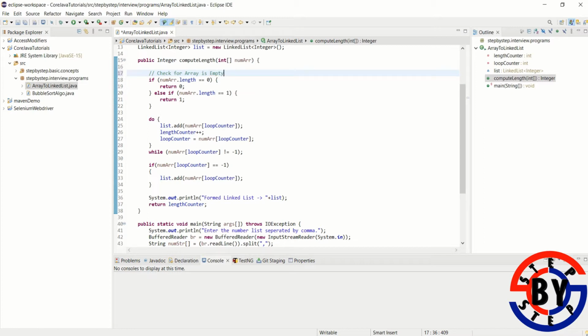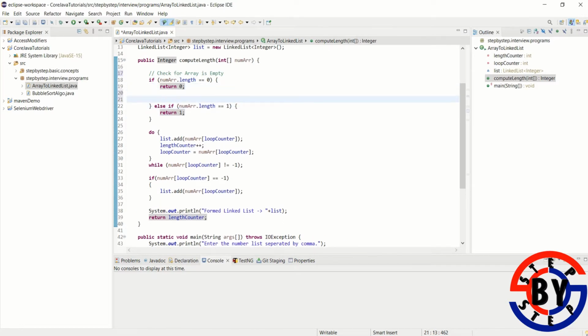If it's empty, its length is 0, so it will directly return a length of 0. If its length is 1, that is, the array contains only one element, then it will return a length of 1. We don't need to traverse.